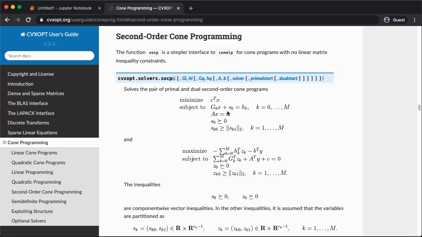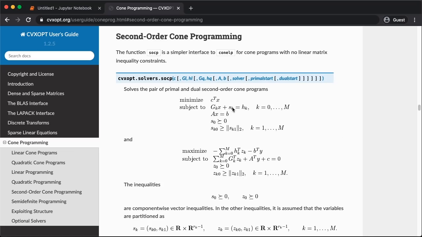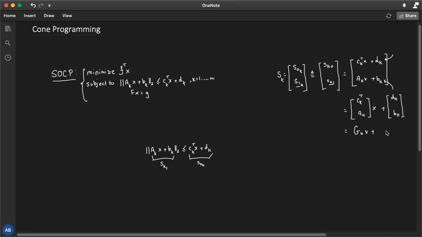We've got G_k x plus s_k. How? Well, this is a G_k x. Well, it's not s_k right now, but it's a vector, which is actually the h vector, right? So since this whole thing is the s, right? Actually, this is not the G_k yet. This is minus G_k. So if I denote this guy as minus G_k, then we're there. Why? Since I've got s_k is equal to this guy, right? Then right now I could write down, just get this guy on the other side. We've got G_k x plus s_k is